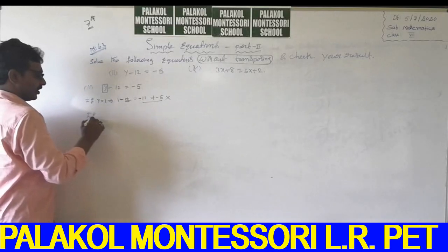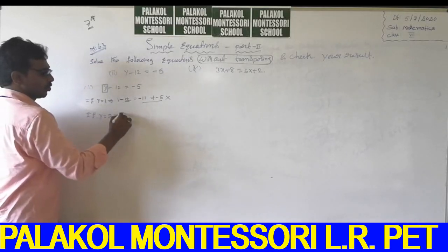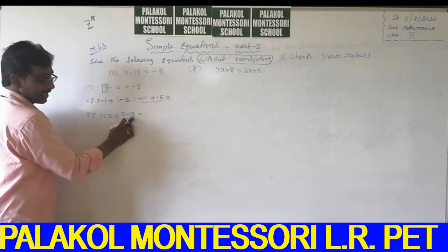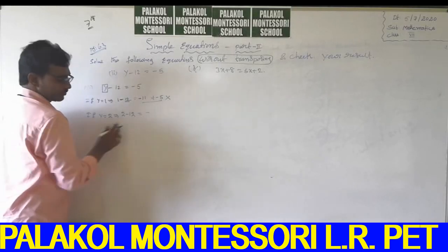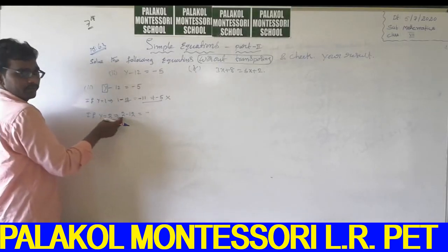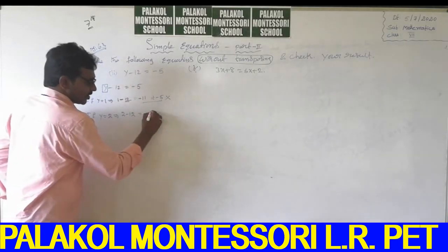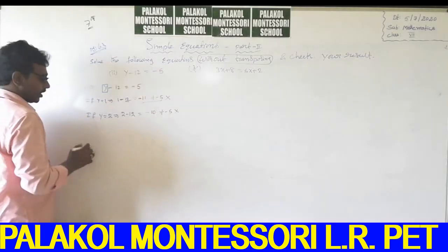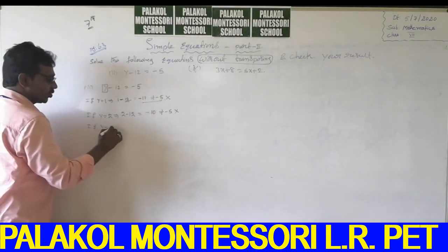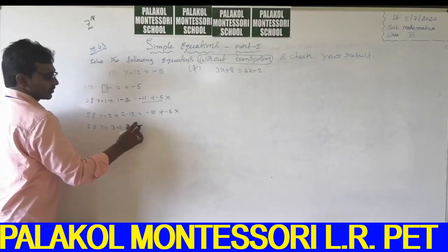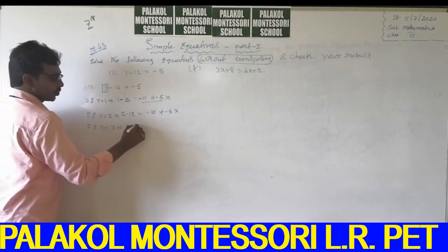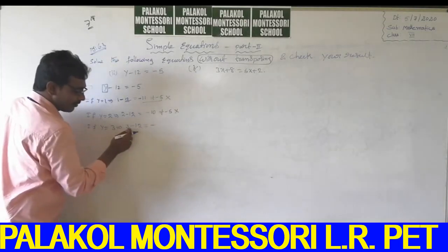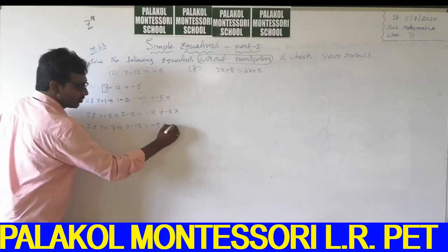Next, if y is equal to 2, guys. 2 minus 12. Check it. Which is the greatest number? 12 is the greatest number, guys. What is the sign? Negative sign. Separating the greatest number from 2, that's minus 10. Minus 10 equal to minus 5, it's false. Next, if y is equal to 3, 3 minus 12. The greatest number here is 12. What is the sign? Negative sign. 12 minus 3 is 9. It's not equal to minus 5.